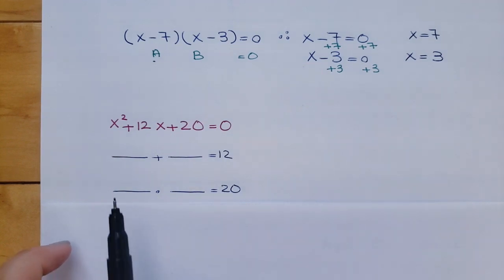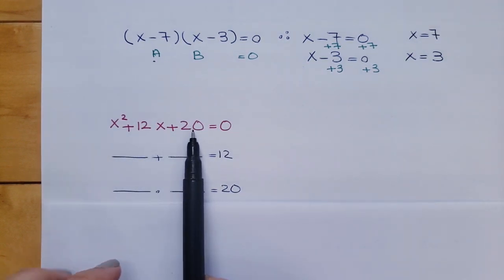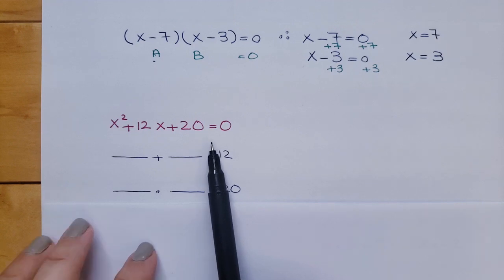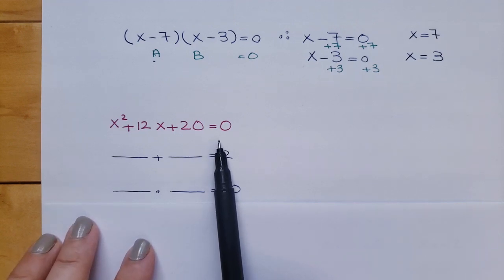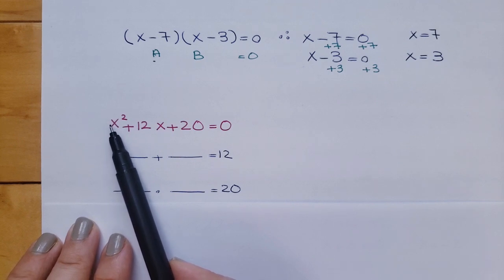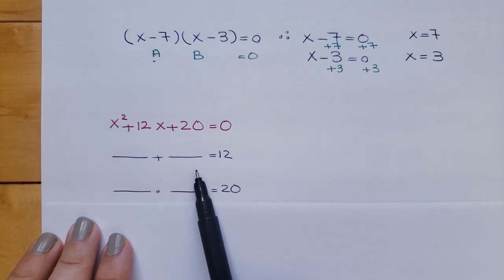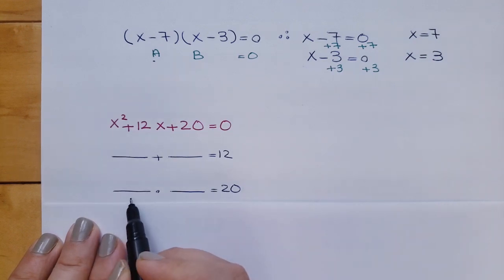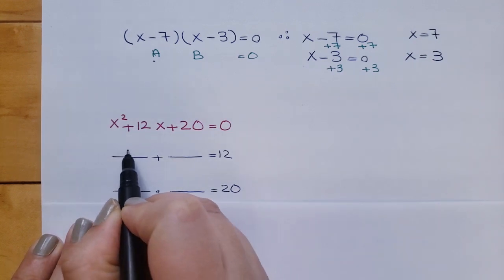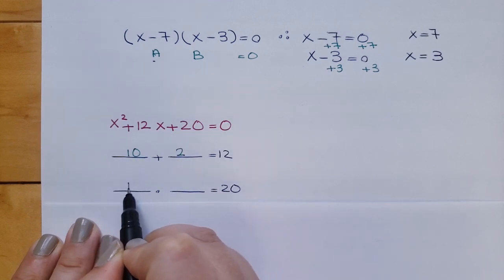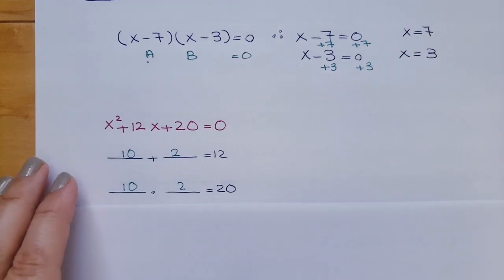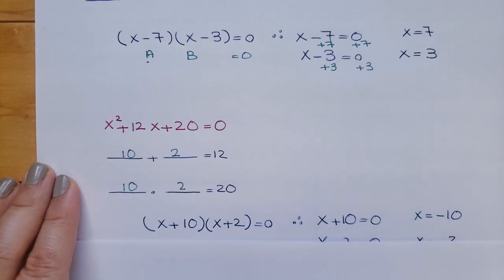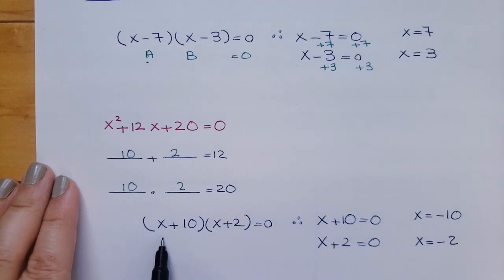The last example, x squared plus 12x plus 20 is equal to 0. Here we have to first check the coefficient of x squared, is it 1 or not, and it is, so it satisfies the condition, and we are good to use this method. So we are looking for two numbers, if we add them we get 12, and if we multiply them we get 20. The two numbers would be 10 and 2. So if I want to rewrite it, that would be x plus 10 multiplied by x plus 2